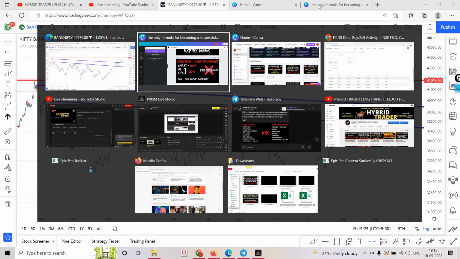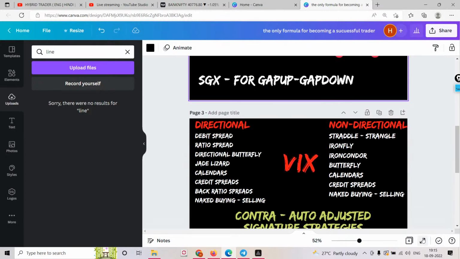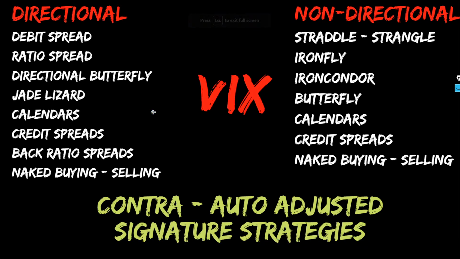Okay, what strategies can we deploy? Now the interesting part. So far we have just done the pre-analysis. Now we are going to discuss this. Let's say someone wants to deploy a positional trade: we have something called a directional trade